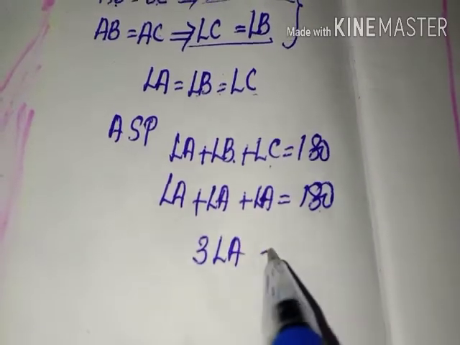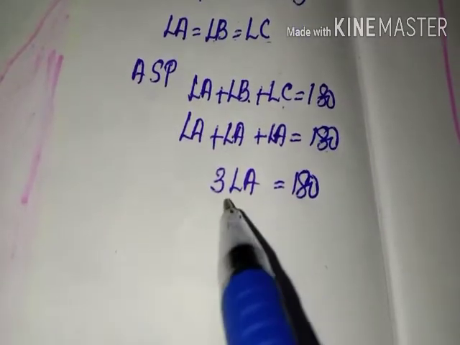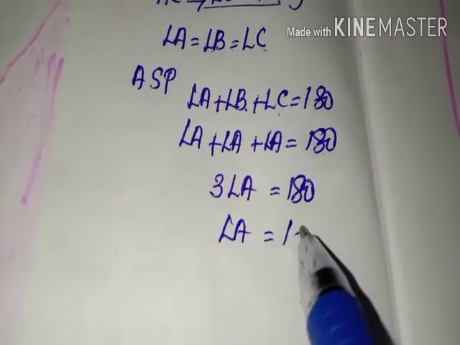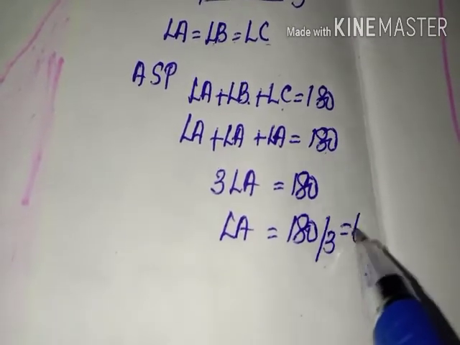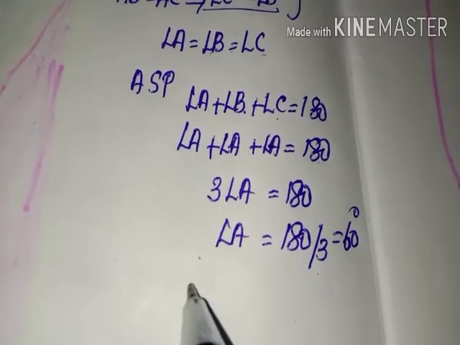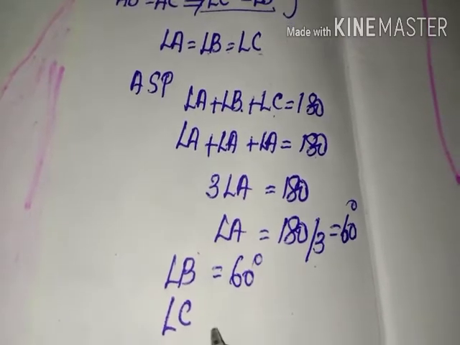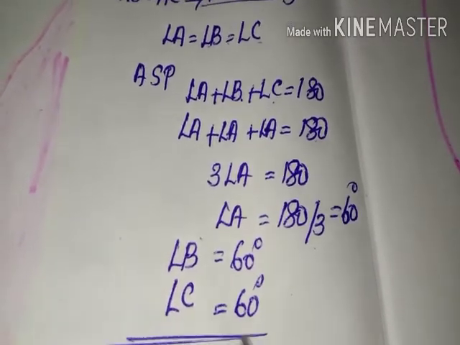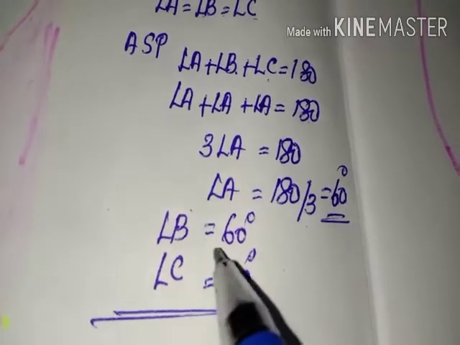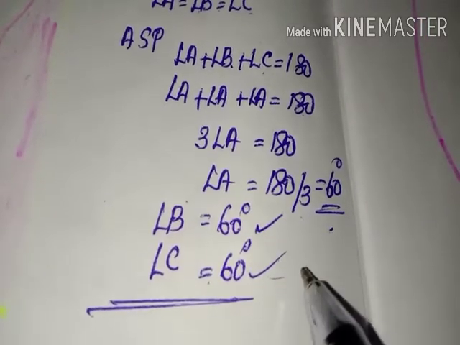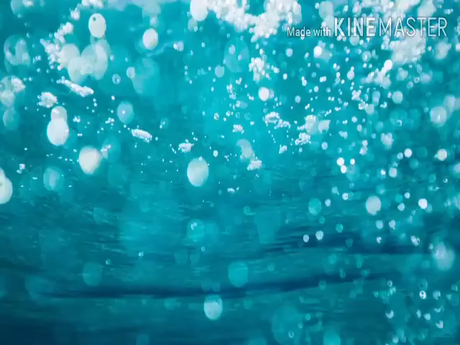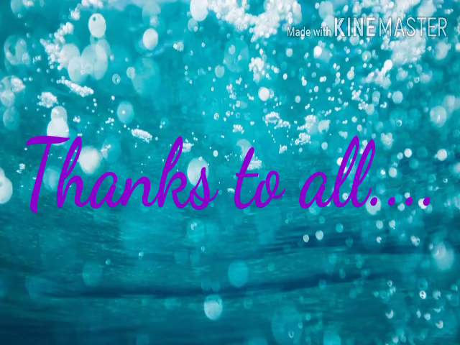Adding angle A, angle A, angle A, that is 3 angle A equal to 180. That is angle A equal to 180 by 3. 180 by 3 equal to 60. Okay. If angle A is 60, then angle B and angle C, these two angles are also 60 degree. We proved in an equilateral triangle, all the three angles are equal to 60 degree. So listen, the last three questions, question number 6, 7, 8. These three are based on our simple results. Anyway, this is our exercise 7.2.